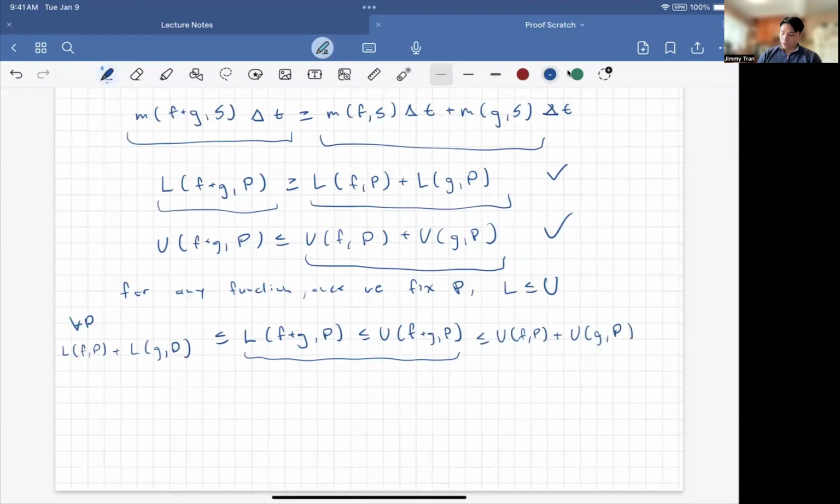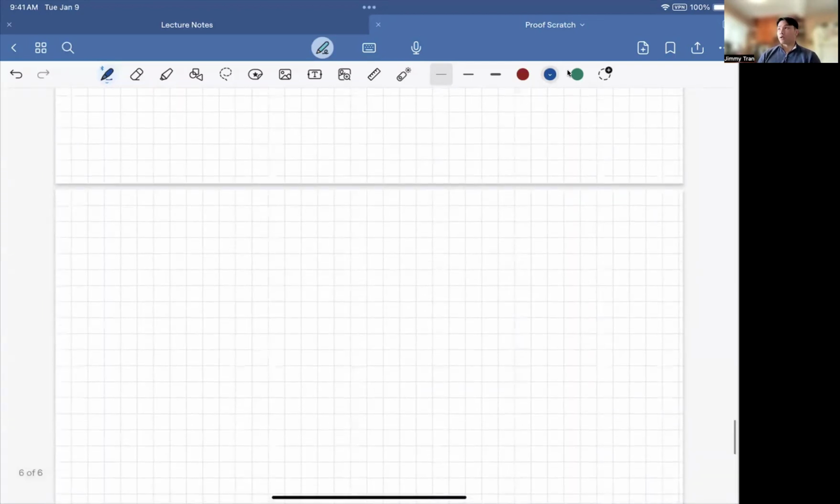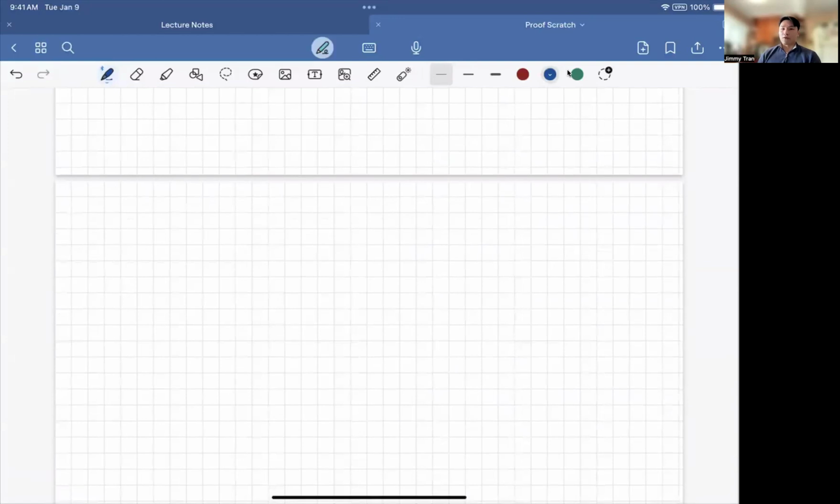Now that we have that, we'll later leverage this inequality when we're trying to show that f plus g is integrable over a to b. But for now, let's put this to the side and move on to the next step of the proof, which is to leverage what we know about the functions f and g, which in this case, we know are both integrable on the closed interval ab. And so we can now use an epsilon type argument for these individual functions.